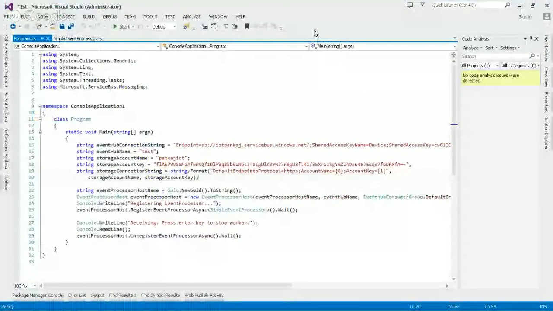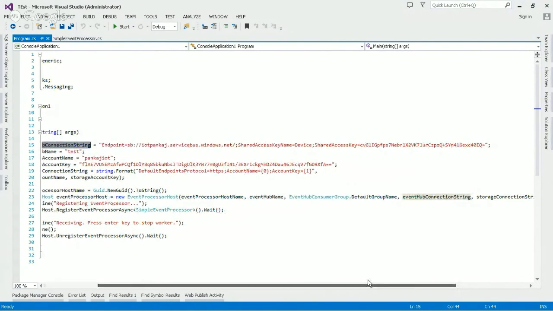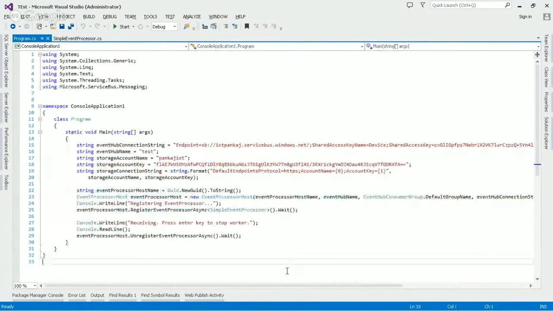You see, this is the program I have written. It is a simple line of code. I am importing the Microsoft Service Bus Azure data service from the package manager, and then the event name is same, test, and the connection string you will get from the portal itself.